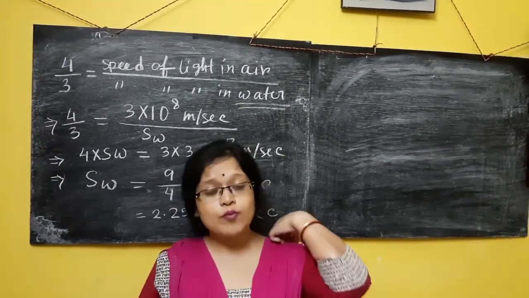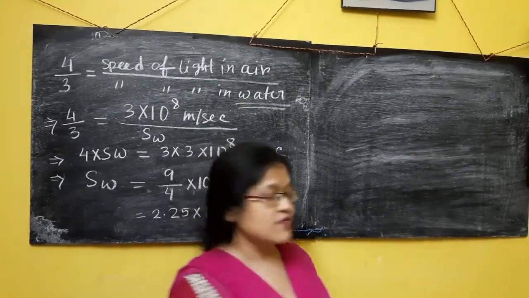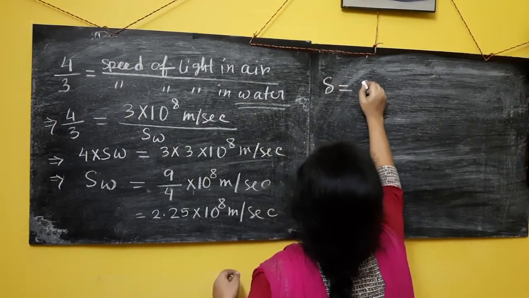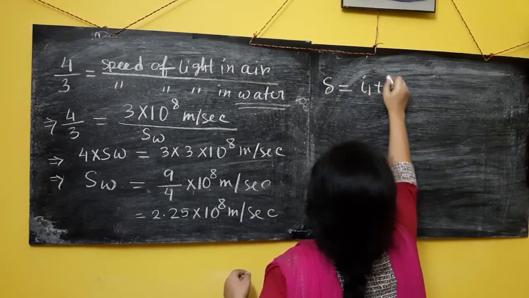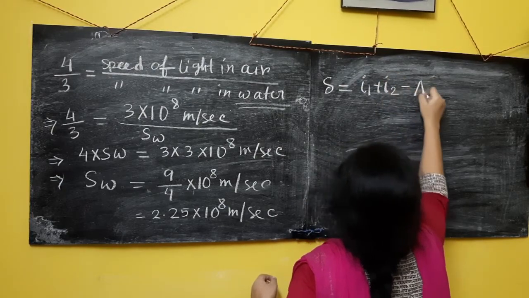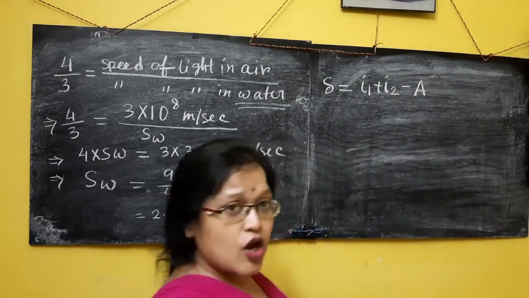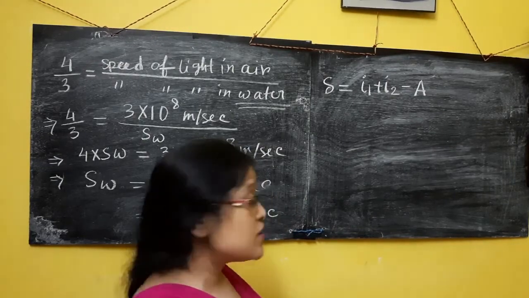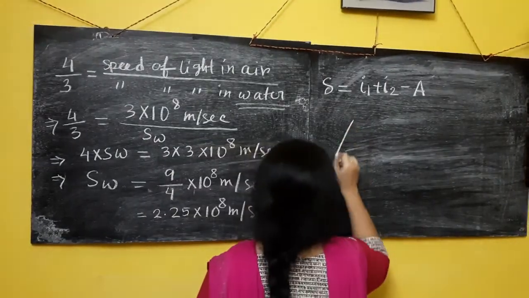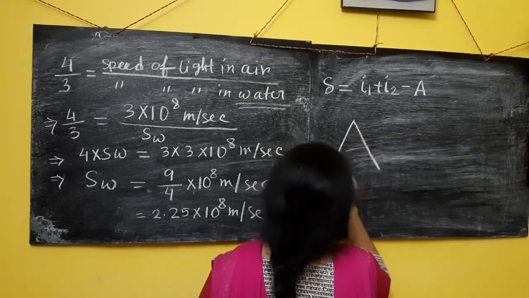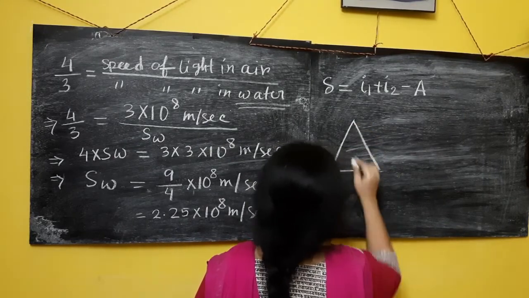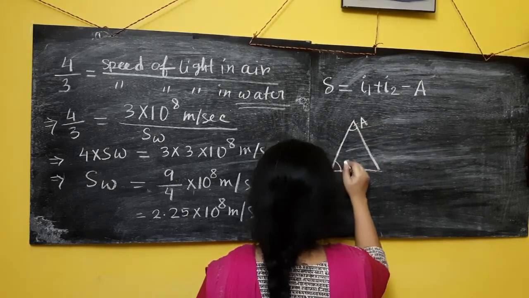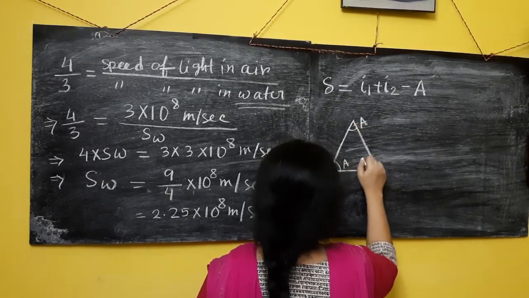We know from the prism that the angle of deviation delta is equal to, what was the formula? Delta equal to I1 plus I2 minus A. A is what? Angle of prism. As it is a revision class, I am giving you the recapitulation. Angle of prism means the angle made between the surfaces, this is A. So this is called angle of prism. This is also angle of prism. This is angle of prism.